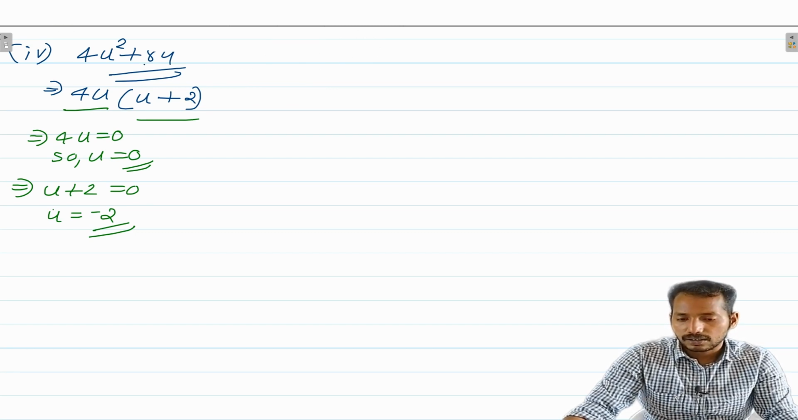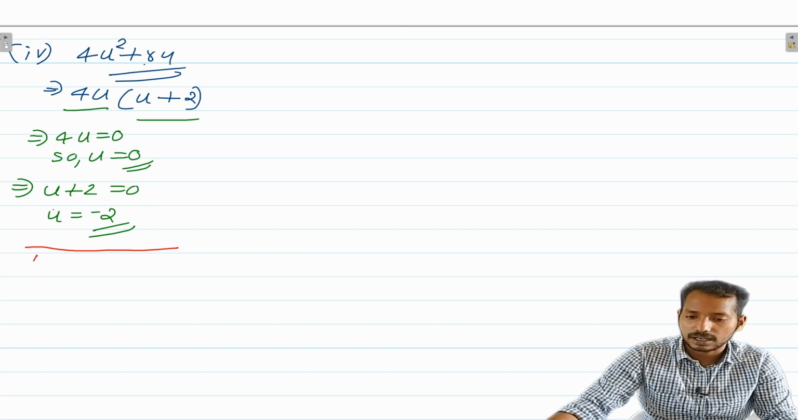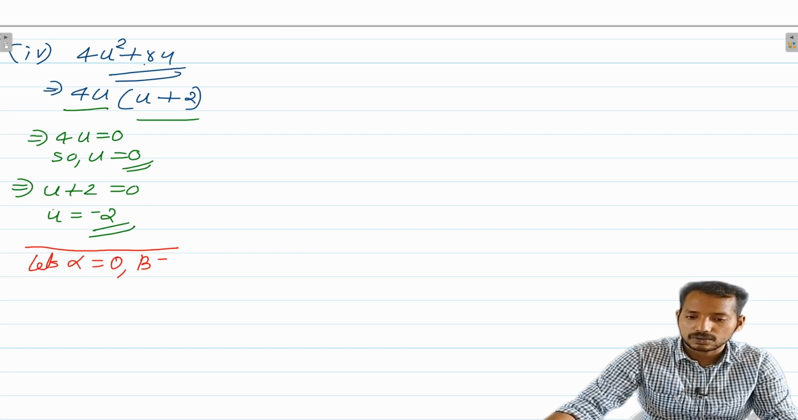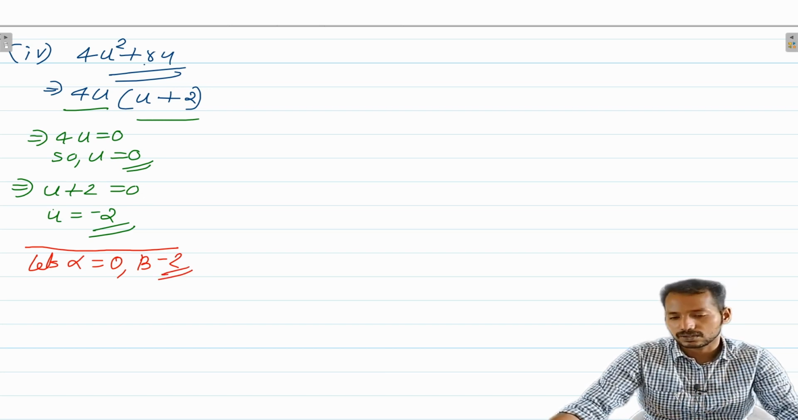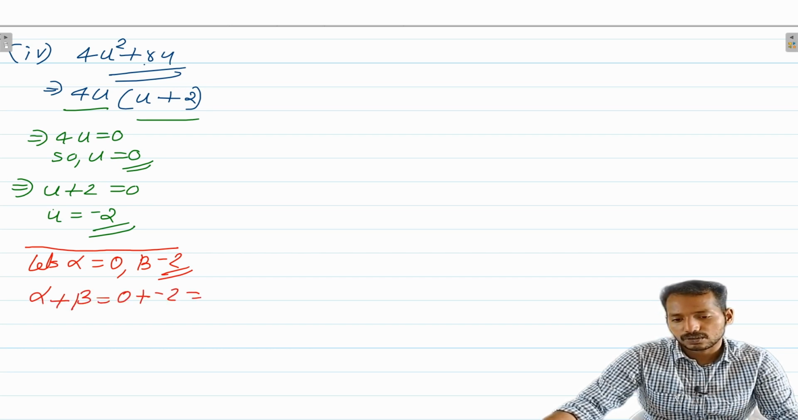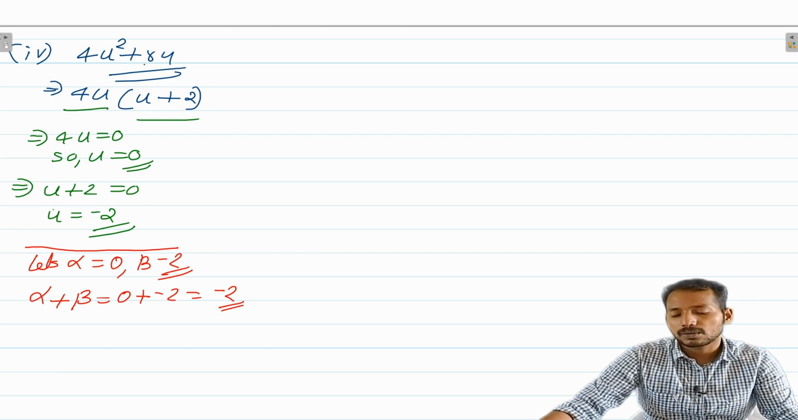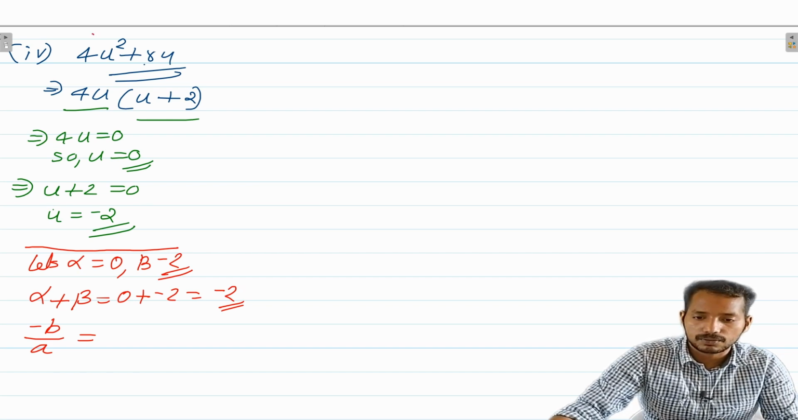Then the relation we have to verify. For that, alpha plus beta, where alpha is equal to 0 and beta is equal to minus 2. First 0 is alpha, second, minus 2, is beta. Then alpha plus beta is equal to 0 plus minus 2, which is equal to minus 2. What about alpha plus beta equal to minus b by a? Here this is the general form, we have